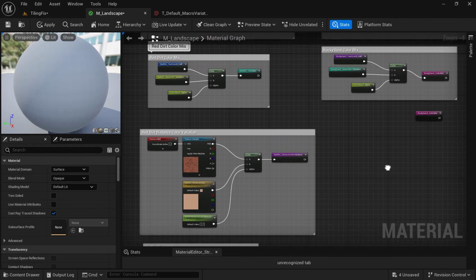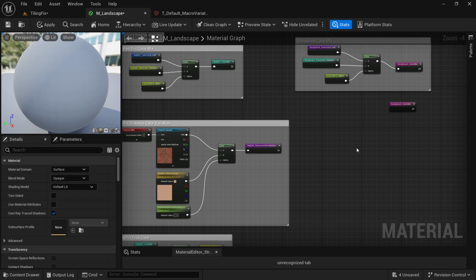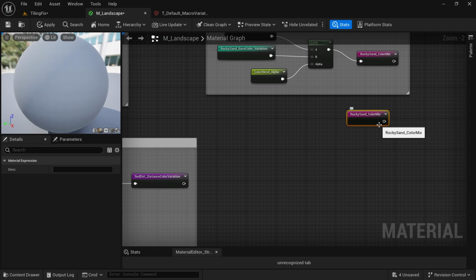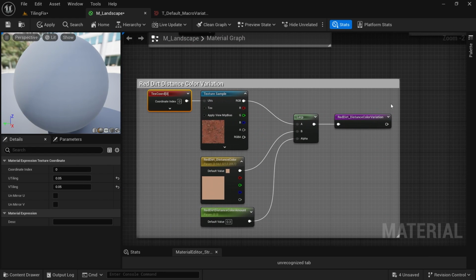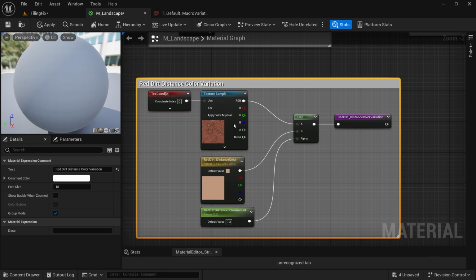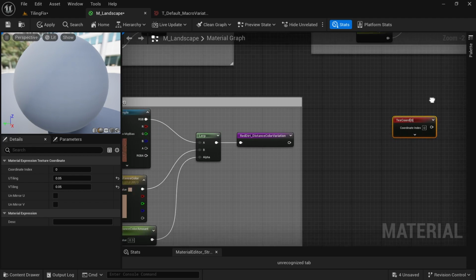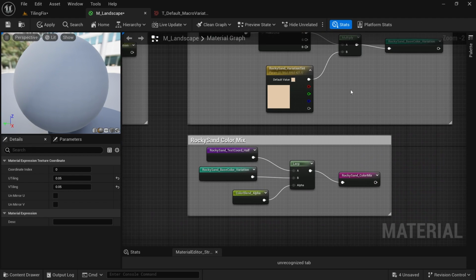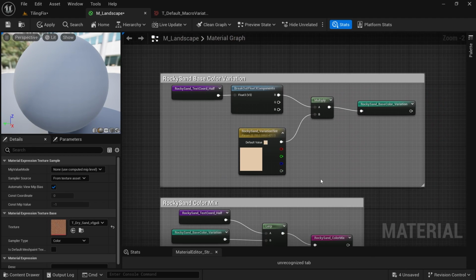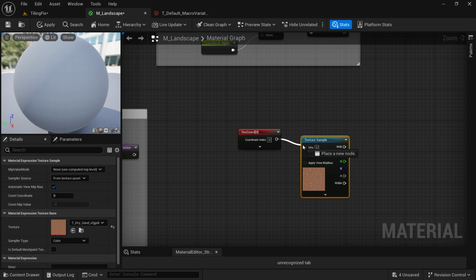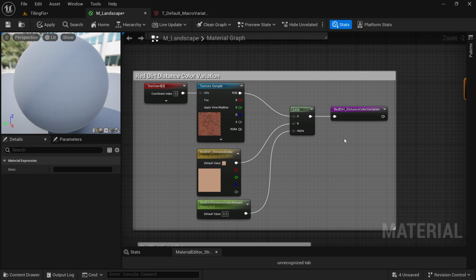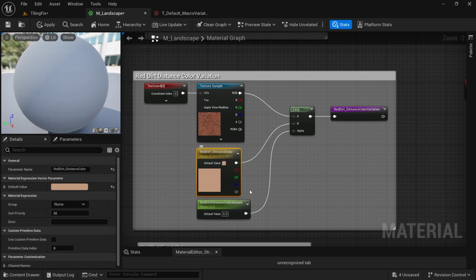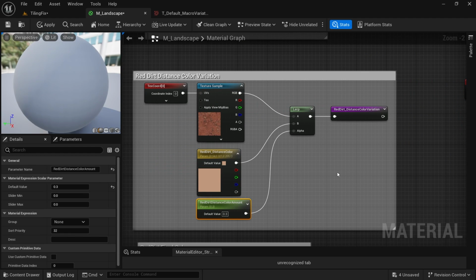So rocky sand is going to want its own distance color variation, right? I'll go ahead and remove that. We'll take a look at the red dirt distance color variation. We can copy its texture coordinate, and we need a texture sample for the rocky sand. So we'll copy one over, hook that texture coordinate into the UVs. And just like with red dirt, we'll have a new color parameter and a distance color amount that we can